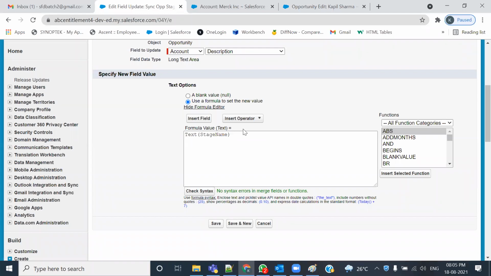तो जब भी हम पिक लिस्ट की वैल्यू ट्रांसफर करते हैं, याद रखिए, तो हमें एक फंक्शन यूज करना पड़ता है, और वो फंक्शन है टेक्स्ट, ठीक है। तो कोई भी फंक्शन हमेशा ब्रैकेट में रहता है, याद रखो, और ब्रैकेट के अंदर आप देंगे आपकी पिकलिस्ट फील्ड का नाम, और इसका नाम है स्टेज। तो what we are transferring to the description, अकाउंट के डिस्क्रिप्शन में हम क्या ट्रांसफर कर रहे हैं, स्टेज नेम का टेक्स्ट, जो भी सिलेक्टेड होगा वो,